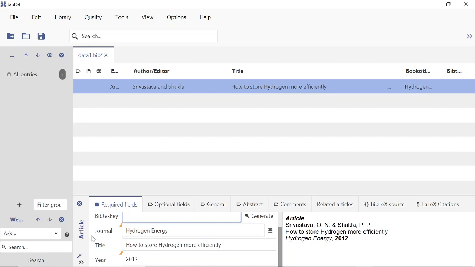So to prepare the key, we have to just click on this key symbol. Okay, Srivastava automatically came like this.